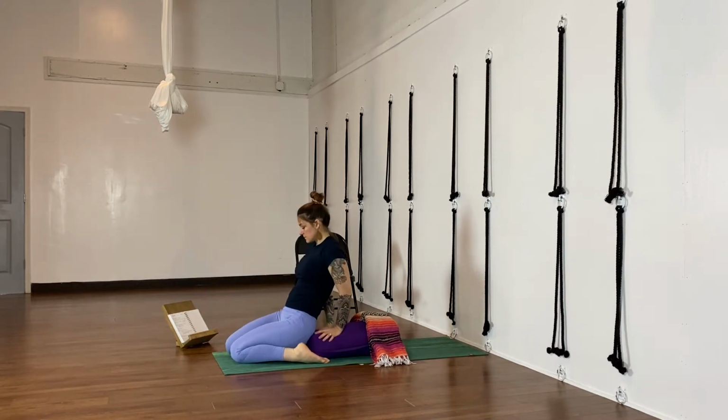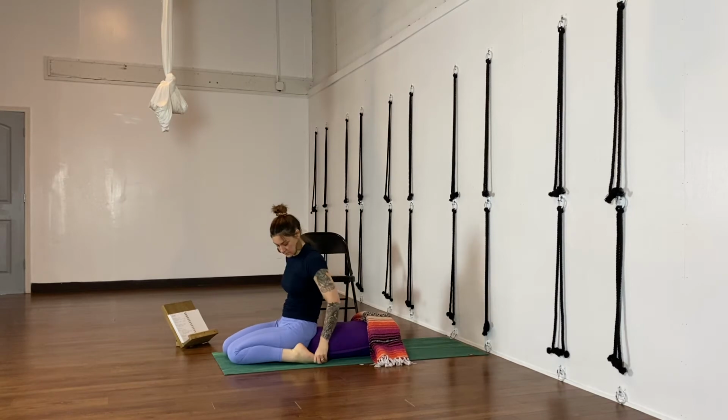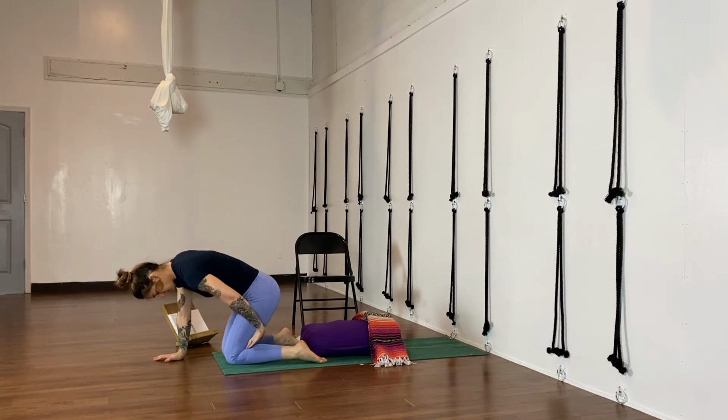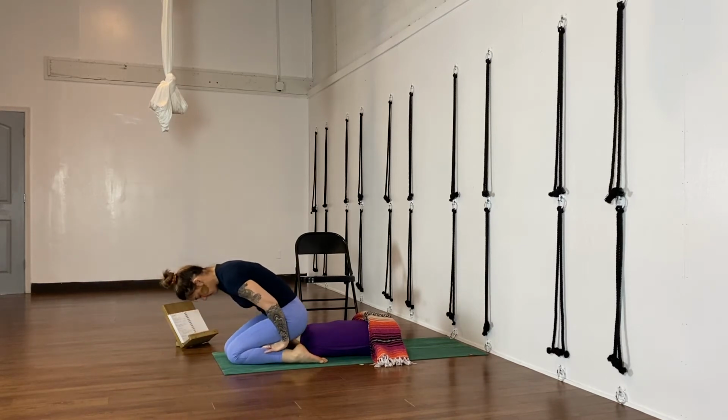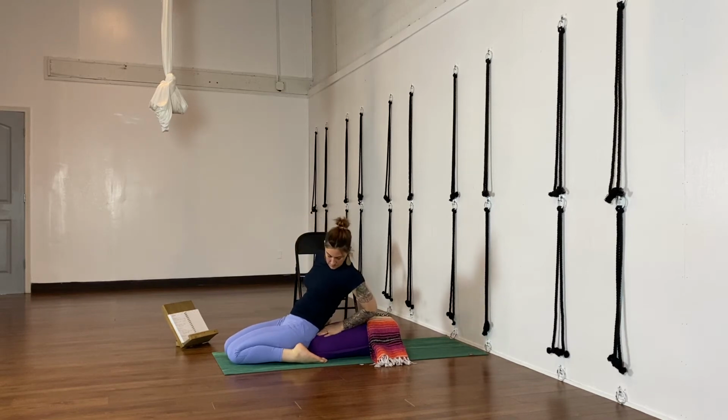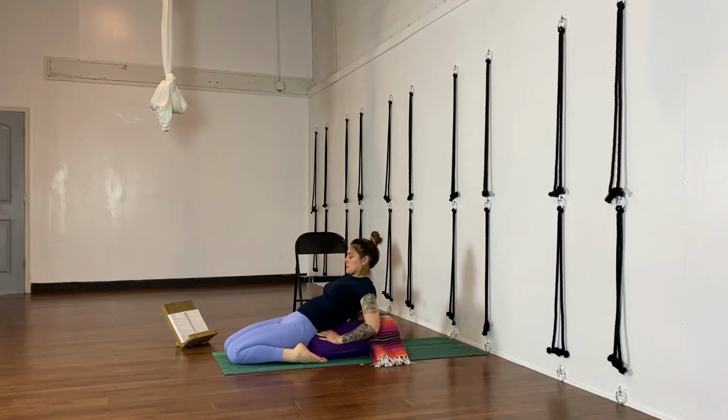So in this, I'm not sitting on the floor and I'm not sitting on the bolster. It's kind of like my butt's not even on the floor, but the back of my glutes are right on that bolster. And if you feel like your calves are in the way, you can come over and push your calves back. Don't turn them out, push them back towards your heels. And then again, get the top third of your glutes on the bolster, right on the end, and then lie